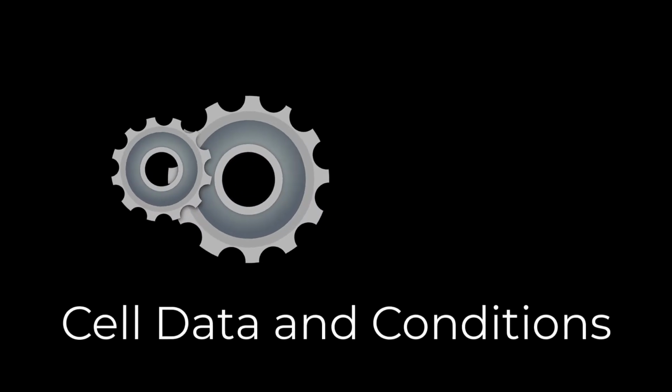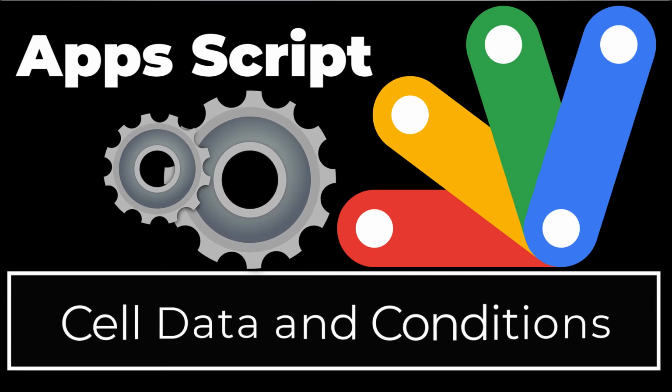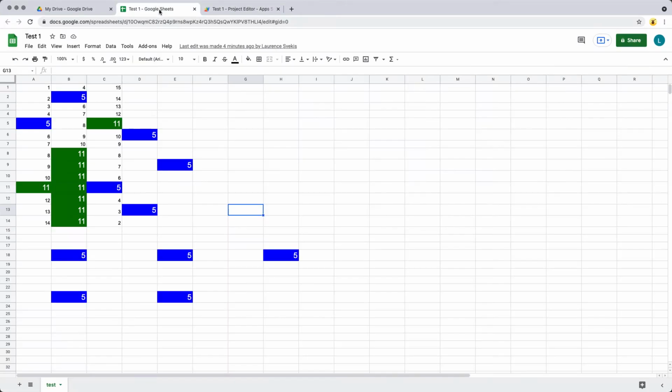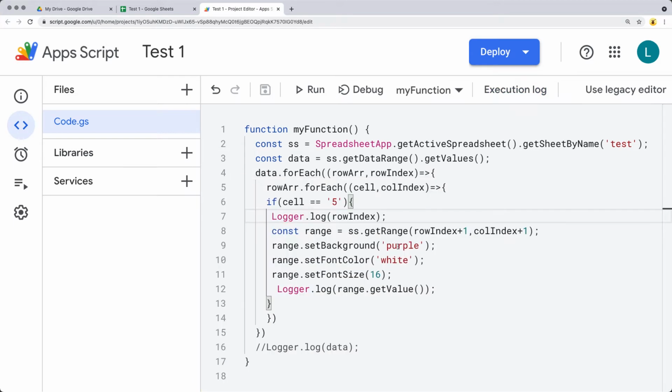In this lesson, we are going to be creating a spreadsheet and a function that's going to interact with the data in the spreadsheet, apply a condition, and then update some of the properties of those items within the spreadsheet. Run the function right now looking for the cells that have a value of 5, and we're applying the properties of adding a purple background, white font color, and a font size of 16 to the cells that are matching